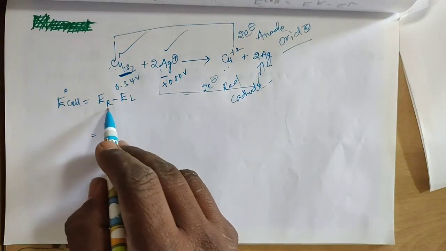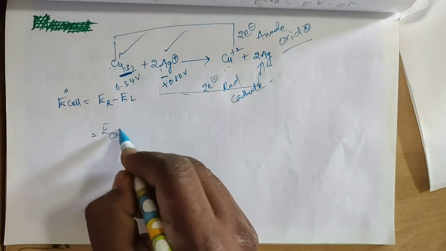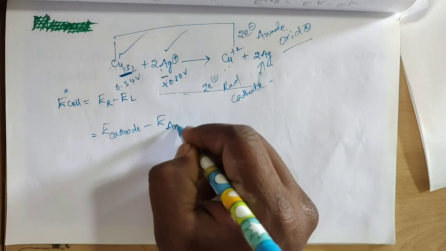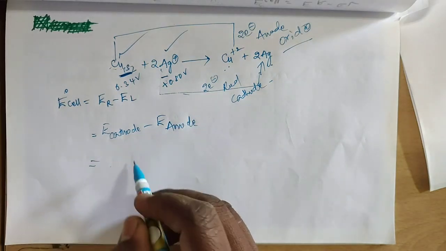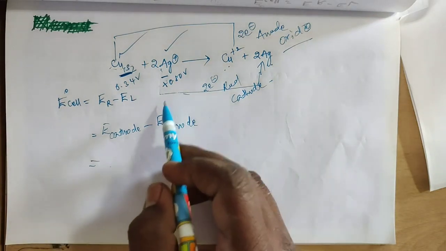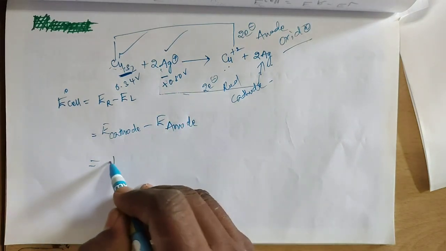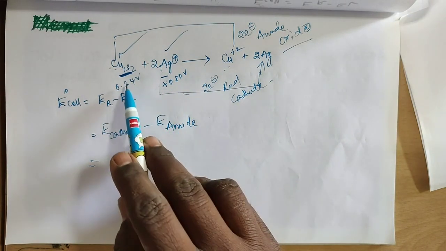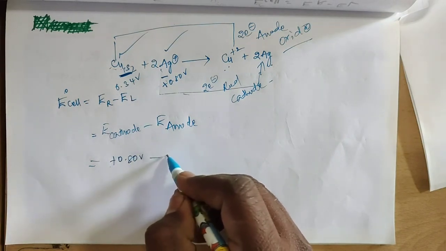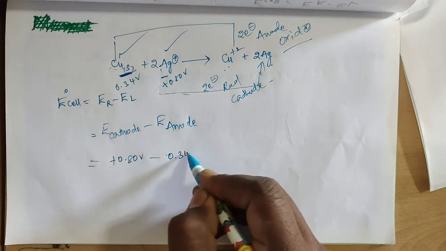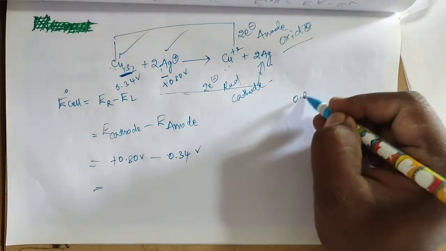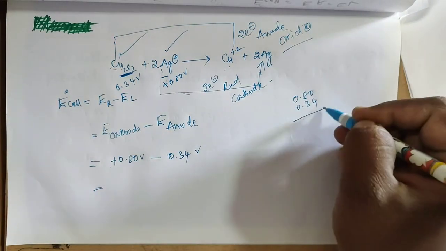So we take the E right. That means E right is the cathode minus E left. E left is the anode. So we take the cathode potential value. Cathode, which one is this one? So plus 0.80 volts minus, and the anode potential is 0.34 plus 0.34 volts. So we get the total value 0.80 minus 0.34,